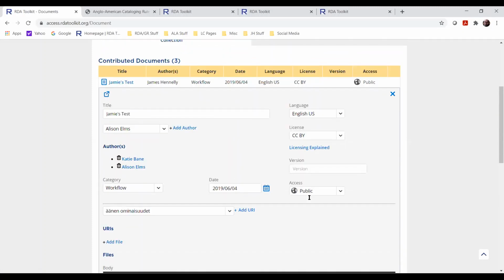And of course, you can choose the license about how you want people to use your material if they try to use it as a basis for their document. And you can choose to keep it private, or we have different settings here. We have